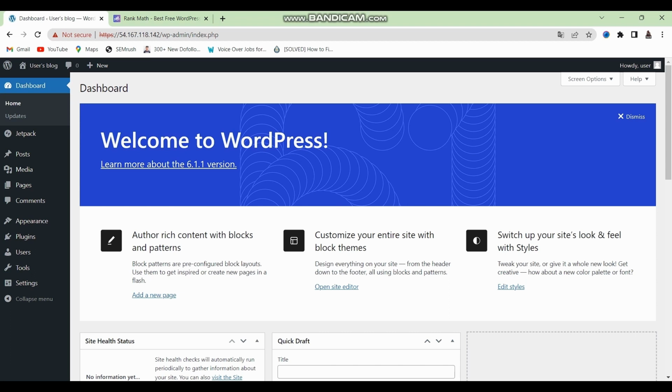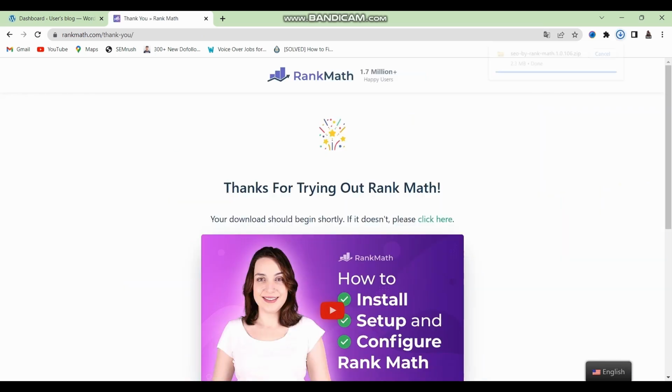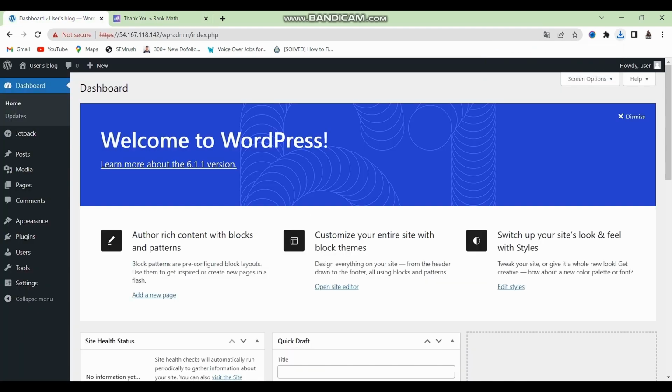As soon as you click on that link, you will be taken to this website right here. This is the official Rank Math website. From inside of here, you just need to go into the upper right hand section, and there's this small button called downloads. Just click on that button and you'll be redirected to this page right here. And as you can see, the Rank Math plugin has been downloaded and stored on your PC as a zip file. So what you need to do is go back to your WordPress website, go to the plugins section, click